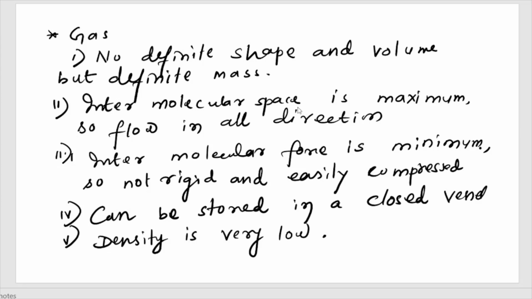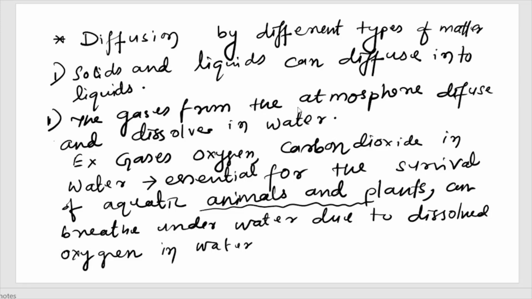इंटरमोलिकुलर जो स्पेस है बहुत हाई है, सो इट कैन फ्लो इन ऑल डायरेक्शन, 4 तरफ फ्लो हो सकता है। इसका फोर्स बहुत कम है, सो रिजिड नहीं है, इजीली कंप्रेस होता है। और कैन बी स्टोर इन ए क्लोज वेसल, जैसे एलपीजी गैस, उसमें भी आप स्टोर कर सकते हैं। ऐसे डिफरेंट टाइप ऑफ क्लोज वेसल में स्टोर कर सकते हैं बाय गिविंग प्रेशर। इसका डेंसिटी भी बहुत कम है।